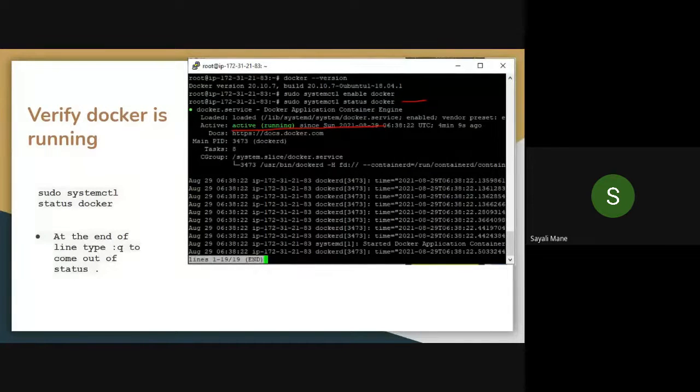Yes, you have to take a screenshot and highlight this point: active running, this one. Done.